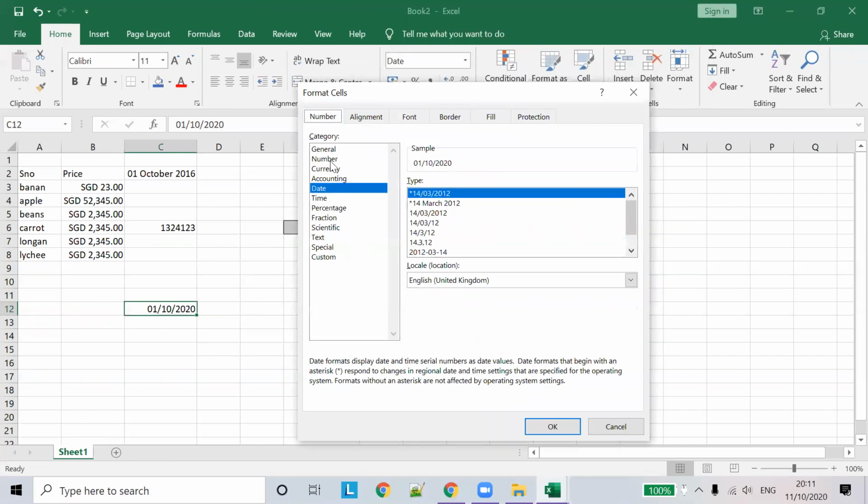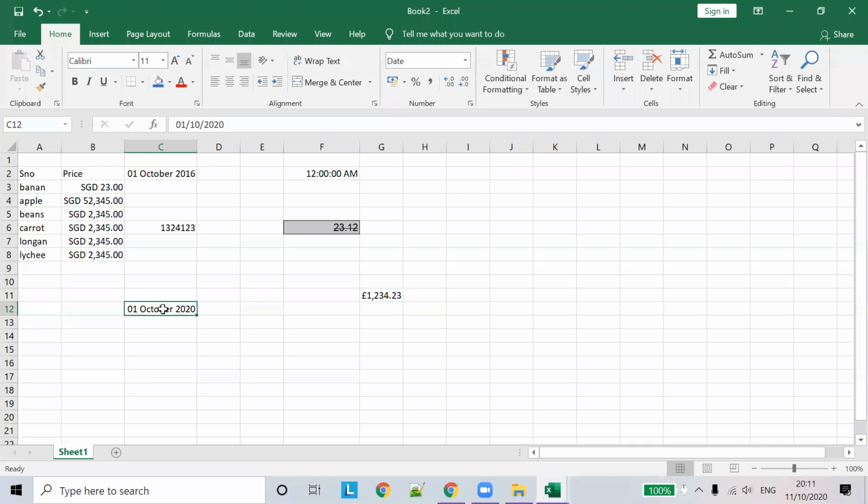So now you can see, go to numbers, you can display the date in different types of formats. Okay, so we'll choose 14th March 2012 and click. So now you can see 1/10/20, right? So instead of that, we click OK. It displays as 1 October 2020, because it is 10, right? So the information inside will always be this one. And we saw how to display the currency for each data.